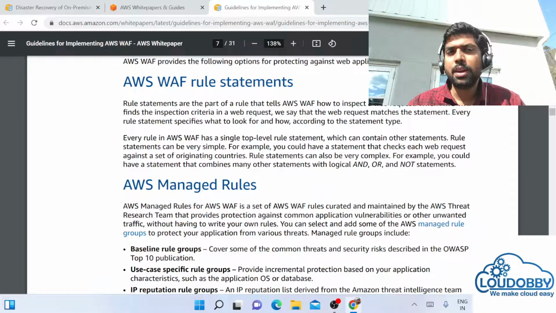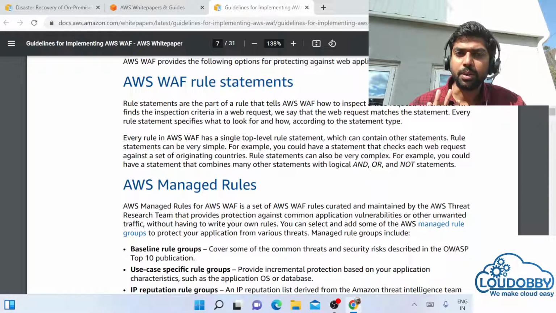And all of these have three things: AND, OR, NOT. AND statement, OR statement, NOT statement. This IP and this IP can talk. This IP or this IP can talk. This IP cannot talk. So these statements will be there while we are writing the rules.